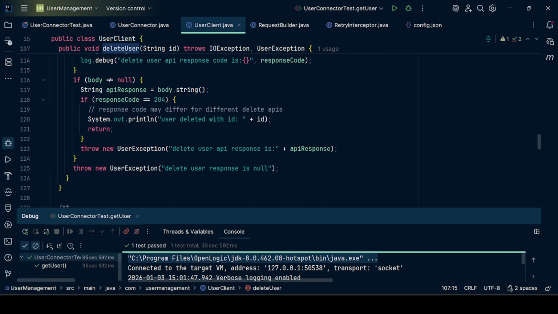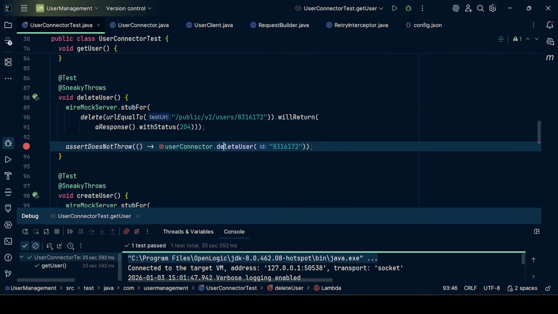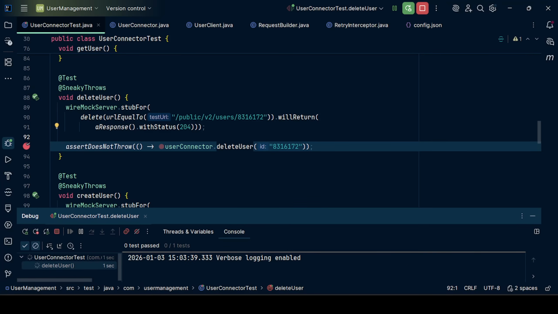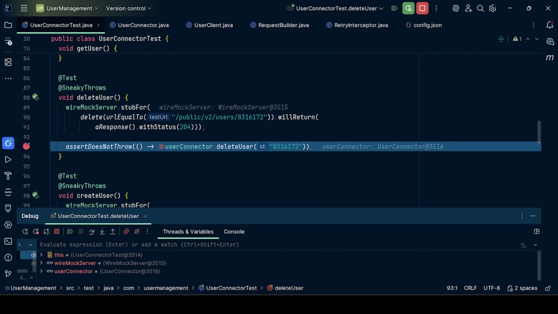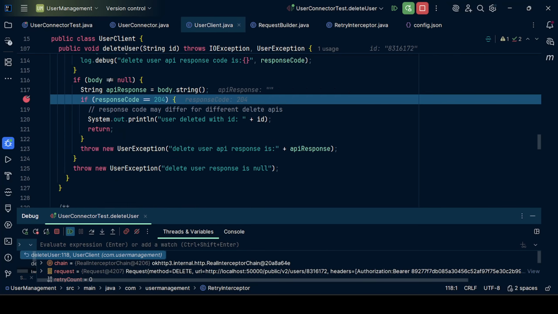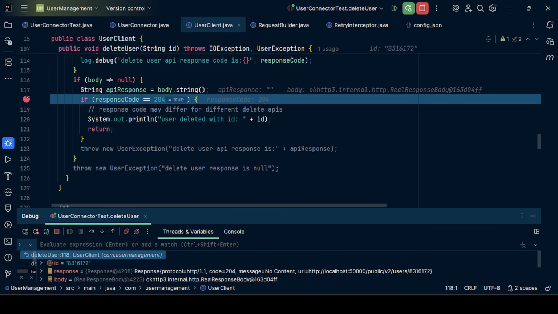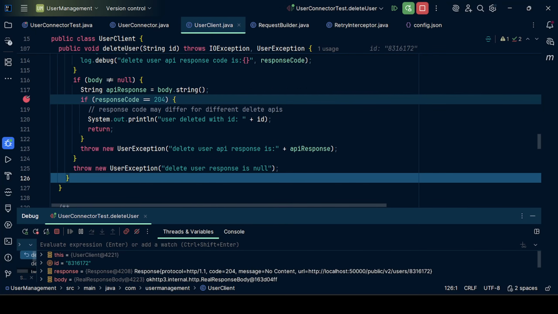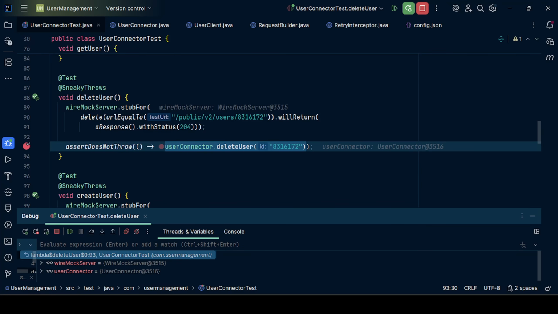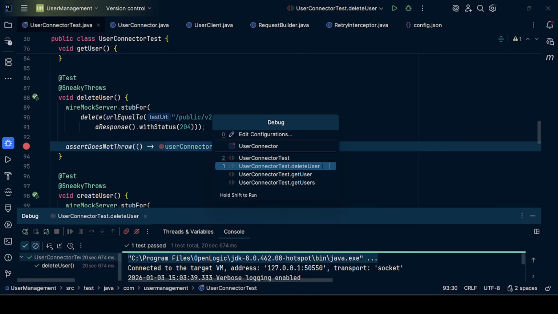Let's see whether the response is 204 or no. Yes, it's 204, right? So now it has to return gracefully. Yes, no error exception was thrown, so this test case passed,